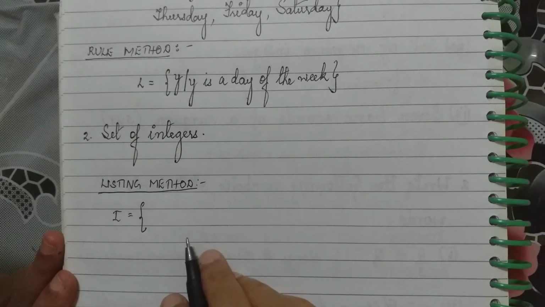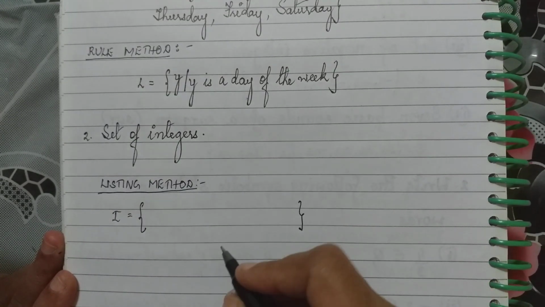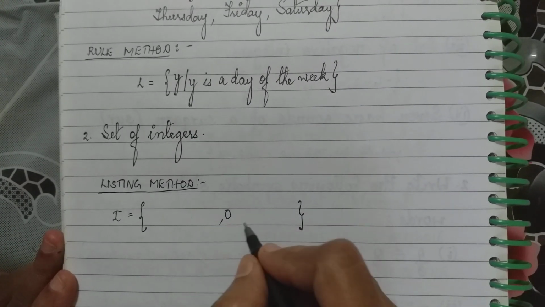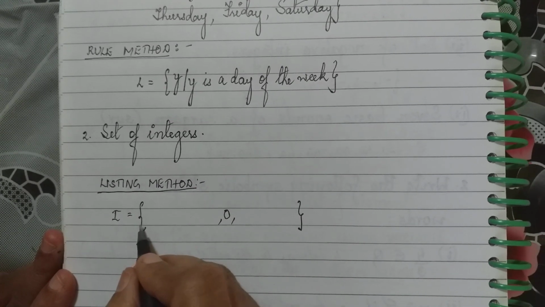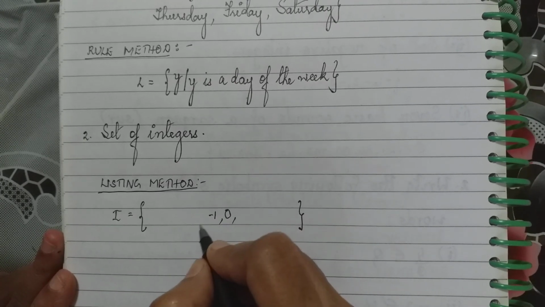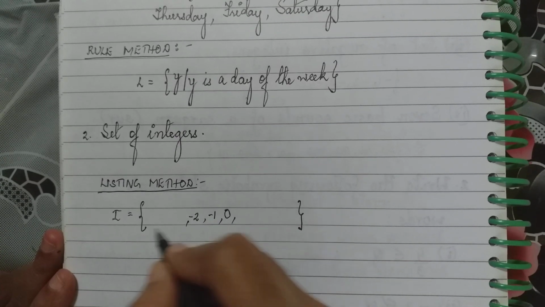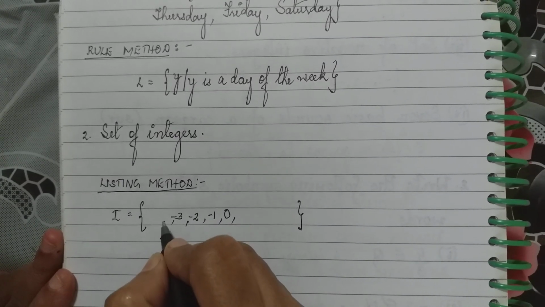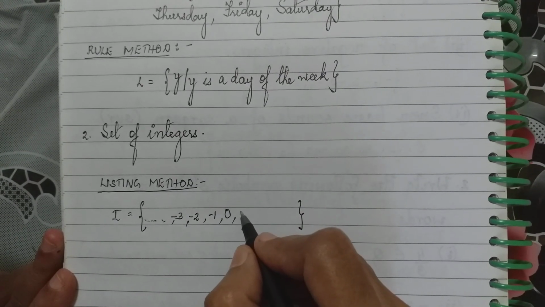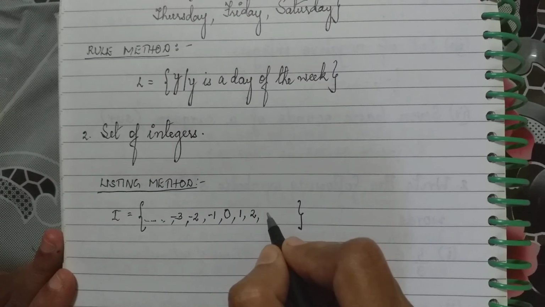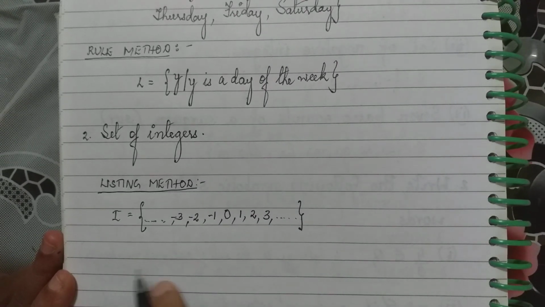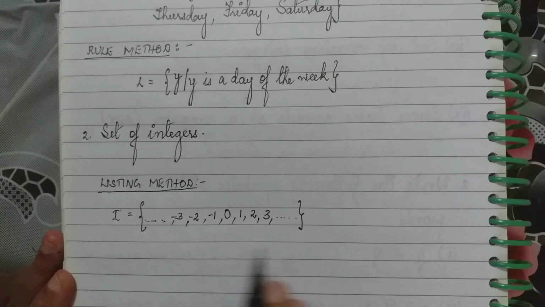Now when we write the set of integers, you remember that in the center we have 0 and on the left hand side we have negative integers and on the right hand side we have positive integers. So here we have -1, -2, -3 and here we can put dot dot dot. So it carries on here. And on the right hand side of 0 we have 1, 2, 3, put a comma and then put a dot. So it carries on this. So this is how we write it in the listing method, the set of integers.